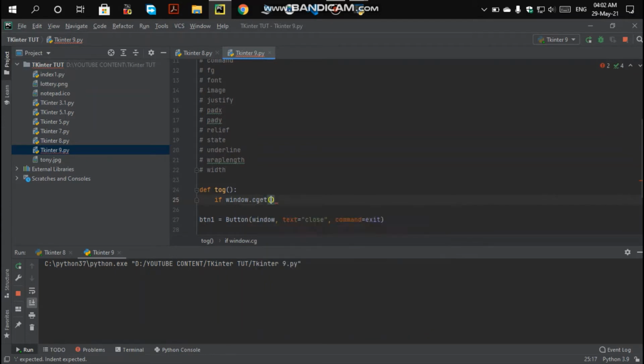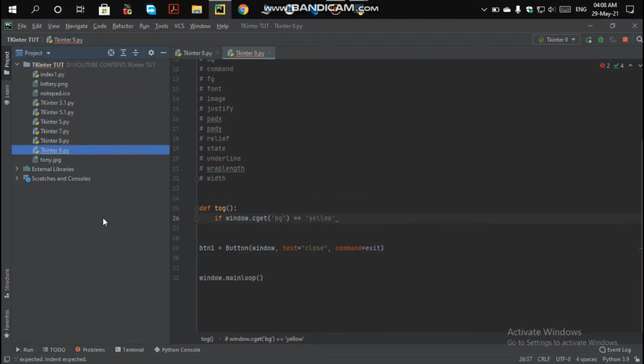So we have told you about the secret method. We will be discussing the secret method more. So don't worry, just do the same as I am doing. The bg color I want to retrieve from inside. So if the window.bg color is equal to yellow, so if the bg color is yellow, basically